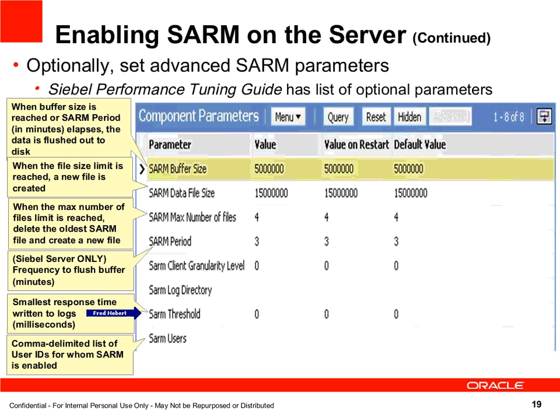Your SARM threshold with the smallest response time written to our logs in milliseconds. The default is 0, but you may say, I really only care about long-running transactions, and we really need to try to find a needle in a haystack over here. I'd like to find as many of the slow transactions as possible and not get bogged down in the details. Be careful with this. If you're not clear on what the data represents, you could inadvertently find that